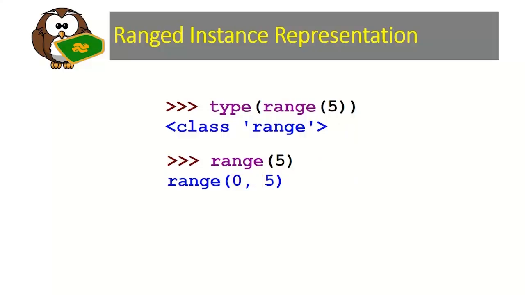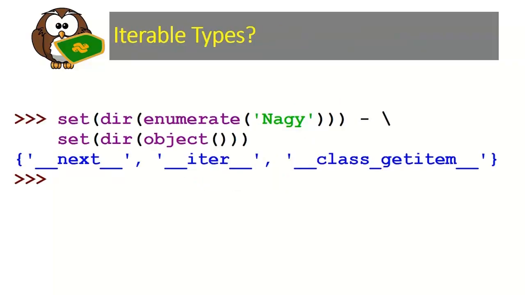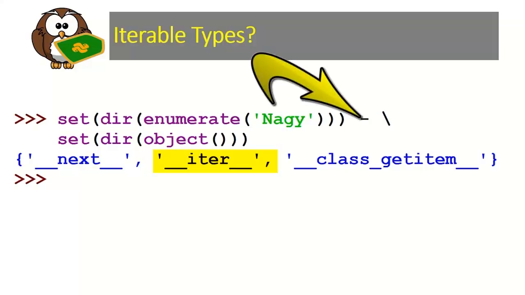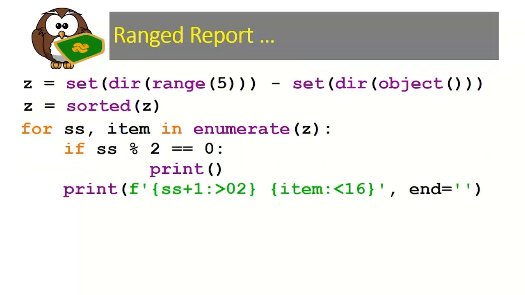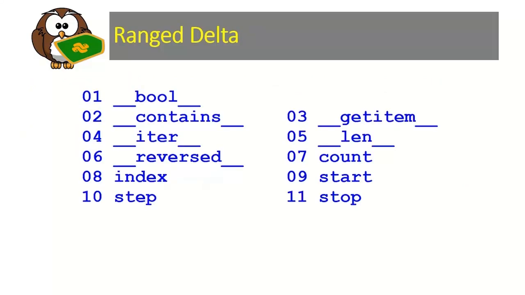Now, we'll be talking about the differences between str and repr in a later video. And for now, what we really want to do is simply take a look at enumeration like we've seen before when compared against an instance of object to see what is different because we use the minus sign. And if we take a look at that same difference between range and set, we went ahead and broke everything out into a set of lines so that it's easier to follow, noting that we're going to sort the results before iterating through each one of the sorted items or the differences between the two so as to create the following